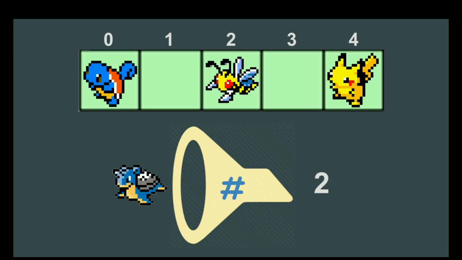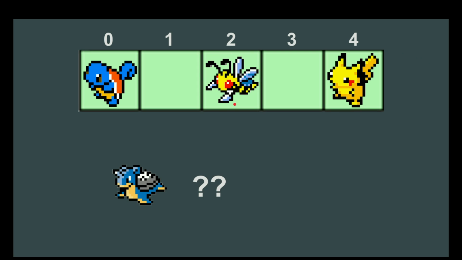Again, what if something like this happens? We have Lapras here who goes through the hash function and produces a 2. Now if we look at 2, Beedrill's already here. So what do we exactly do? Well, there are many different ways to resolve this issue. This is something that we call collisions. Collisions happen when you go through objects and they go through the hash function and they get hashed to the same exact index. There's probing, there's linear probing, but for the sake of the example, we're going to go through